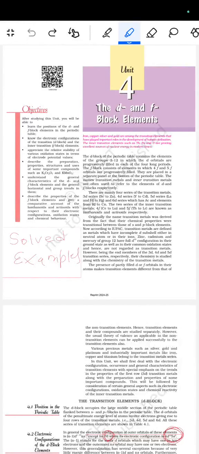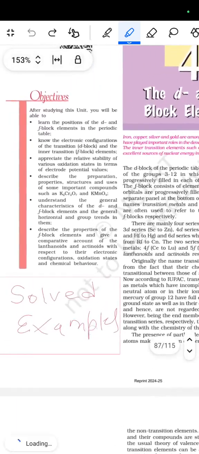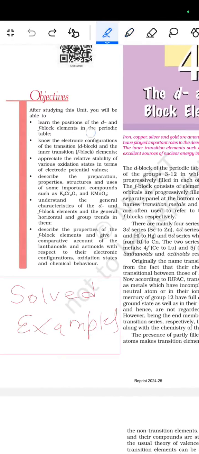ये है D and F block elements. इसमें देखेंगे: after studying this unit, you will be able to learn the position of D and F block elements in the periodic table, know the electronic configuration of the transition D block and the inner transition F block elements, appreciate the relative stability of the various oxidation states in terms of the electrode potential value,